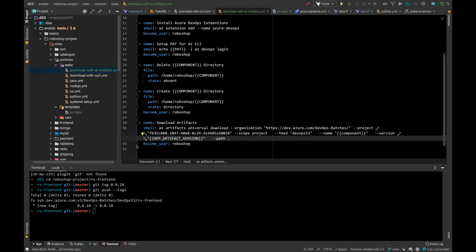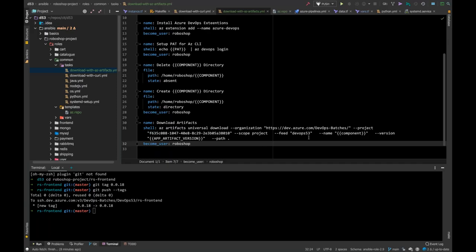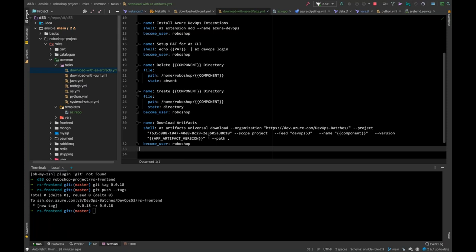Okay, so the version also will be pulled from here like this, and the rest of the things is okay, and you download the artifacts. Okay, so this is the whole plan, and whether this is working or not working, probably we'll take a look in tomorrow's session. So we'll make an AMI, and while making the AMI, this should work.